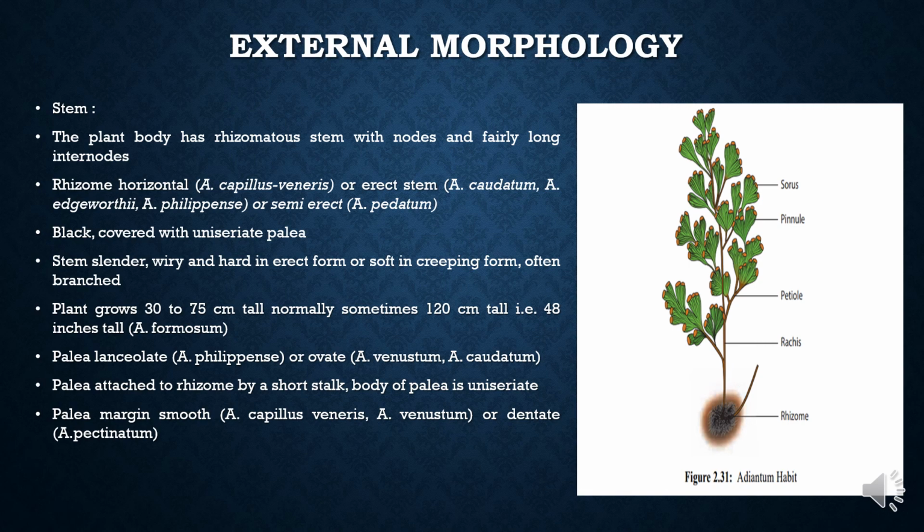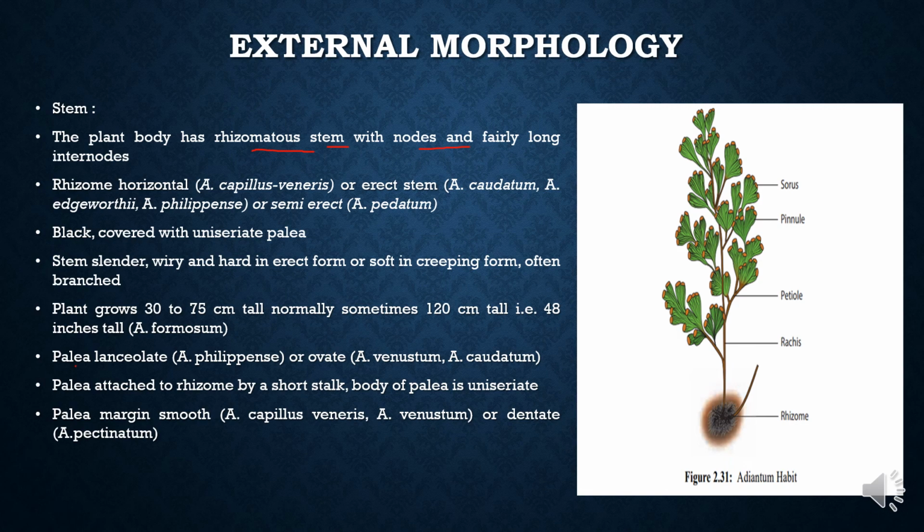So about the external structure, the plant body is divided into a rhizomatous stem, root and leaf. The rhizomatous stem has nodes and internodes, and the entire rhizome is covered by very hard scales called palea,